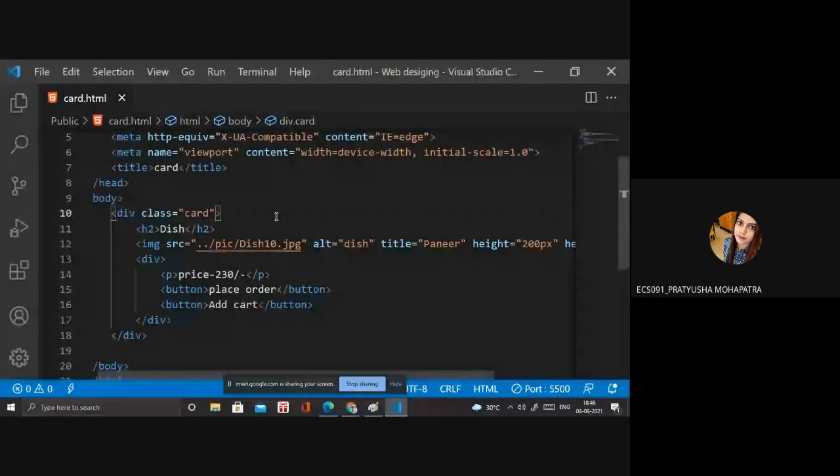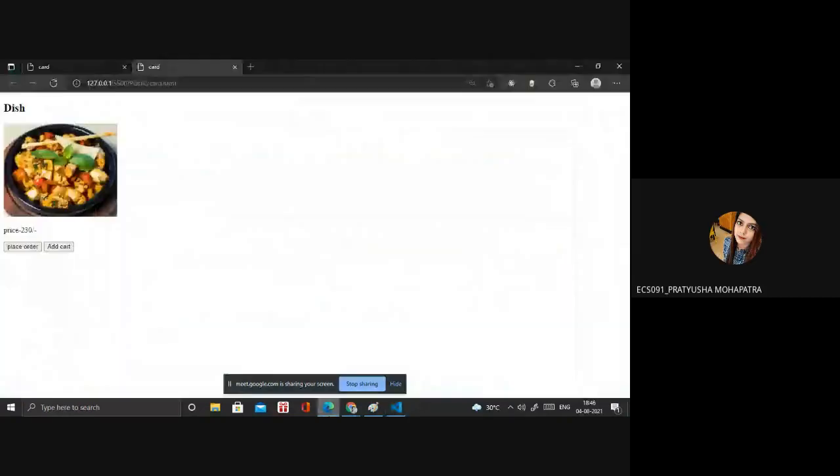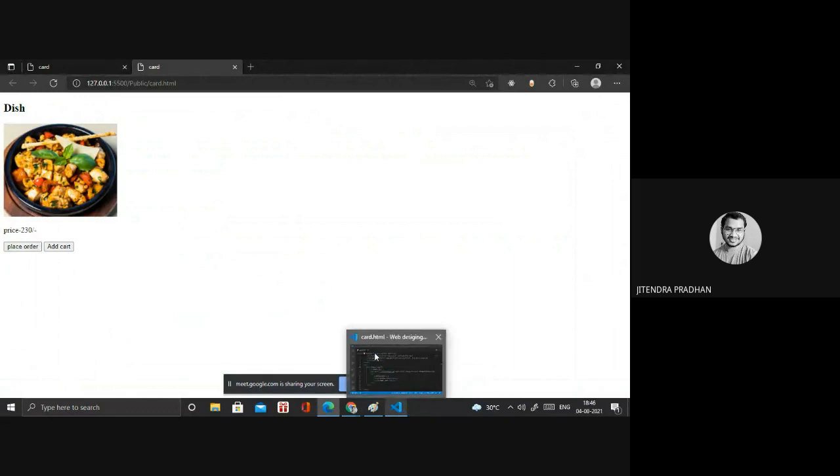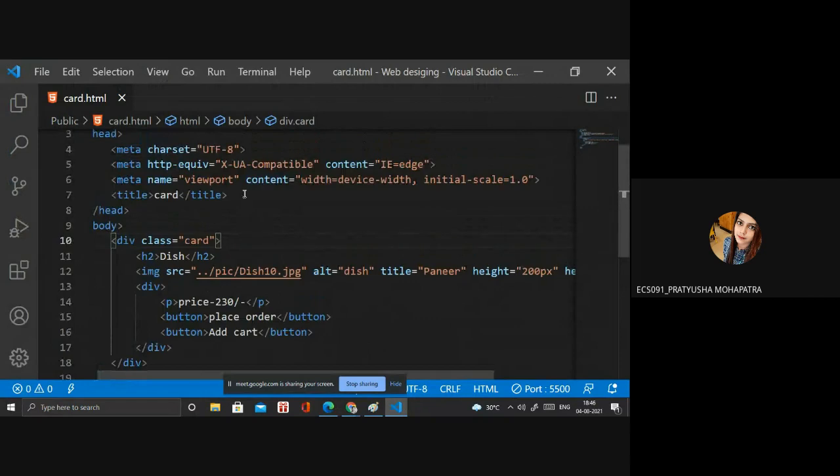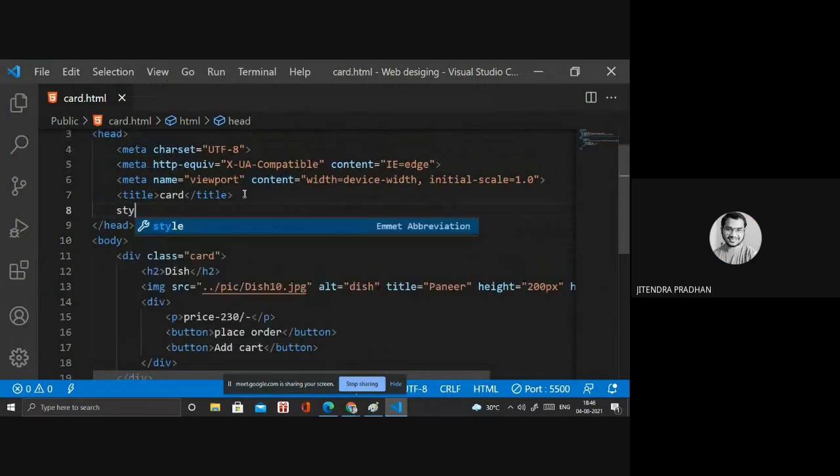I don't understand, because in order to create a card, we need those CSS properties and all. Yes, we are writing on that, but before that we see how it looks, then we design in CSS. Got it, sir. I will not teach you CSS, and that's why it's difficult to understand. So you're teaching from zero level. Got it, sir. Yes, sure.